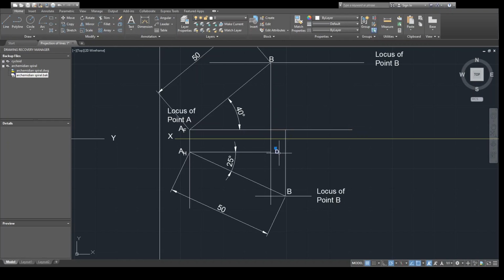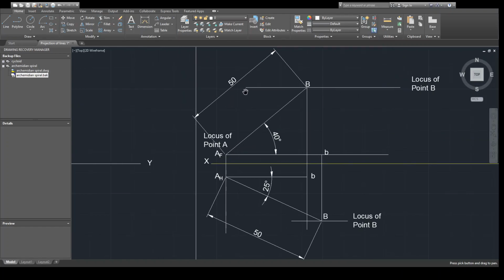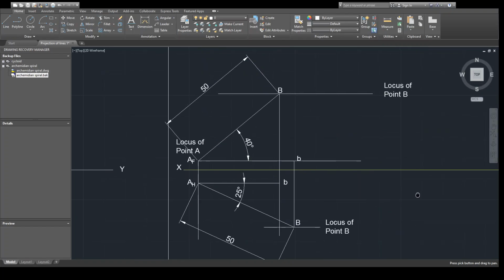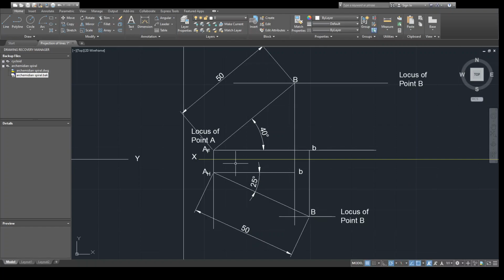Here also we have point B. Okay. So AFb is a front view length, whereas AHb is a top view length. We know that point BF lies over the locus of point B and point BH lies over the locus of point B. Okay. How to find that out? Let us draw an arc from point b, with center AF. Let us take the compass, AF is the center point, AFb is the radius, and draw an arc up to the locus of point B.